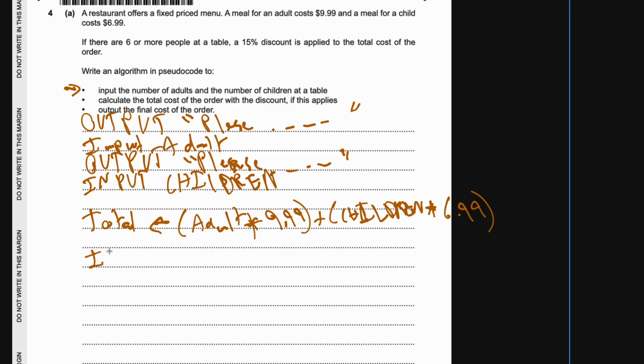So if adult plus children is basically greater than or equal to 6, greater than or equal to 6. Okay. Then